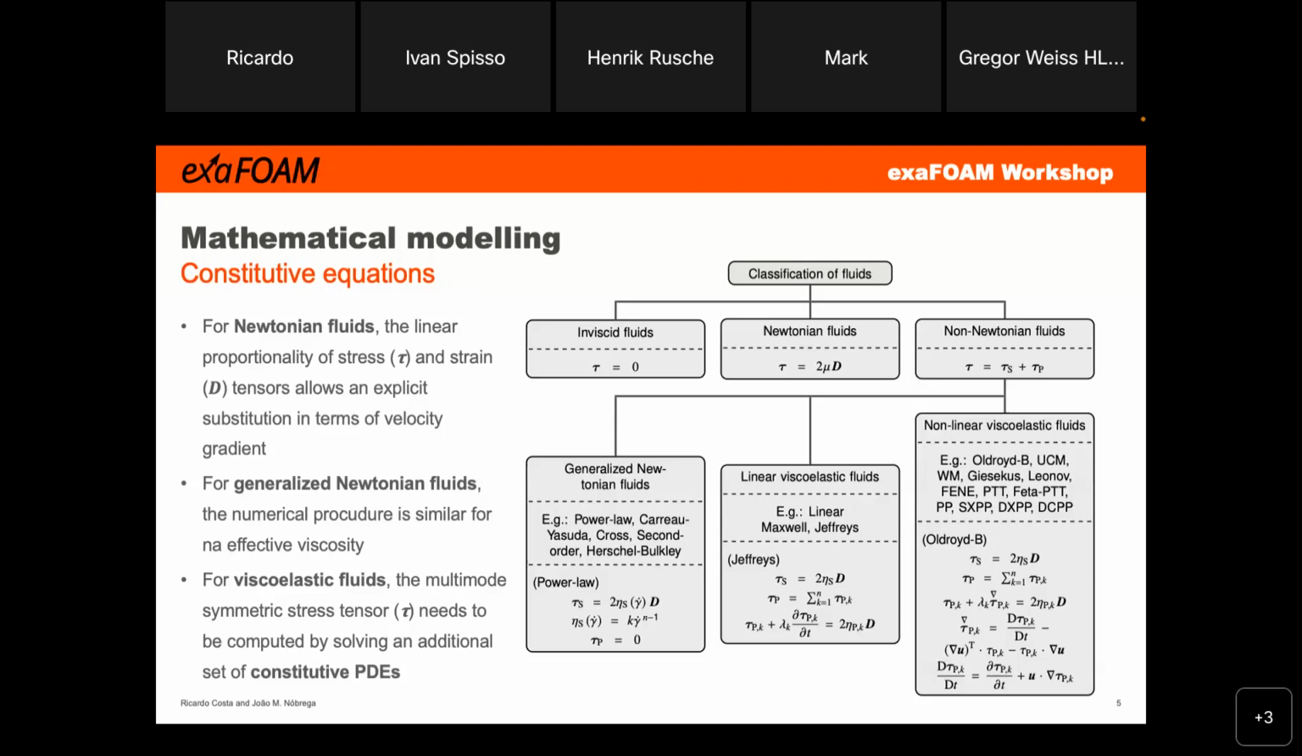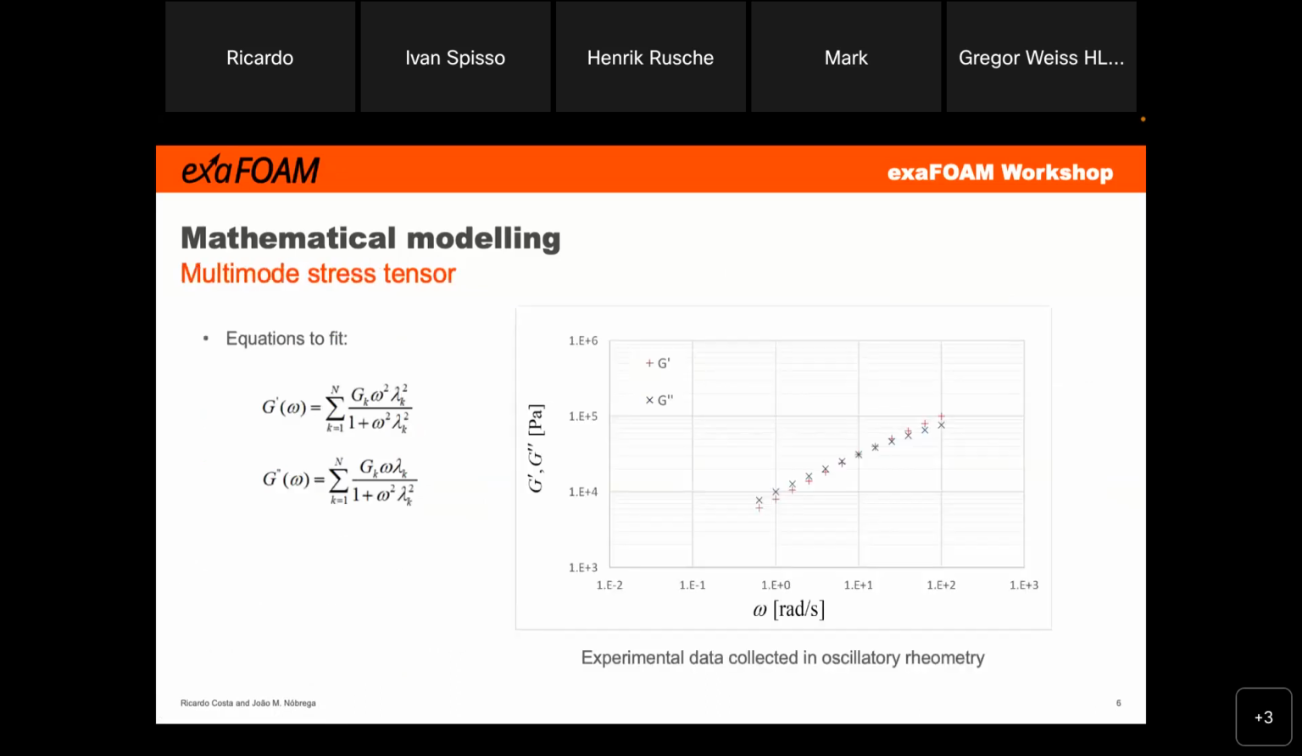The second aspect I want to stress is that while the solvent part is given as for the Newtonian case, and the polymeric part is given, as I was saying, from solving a PDE, I also often need to consider or to split this polymeric component into several components that we call the modes. Why do we need it? Because